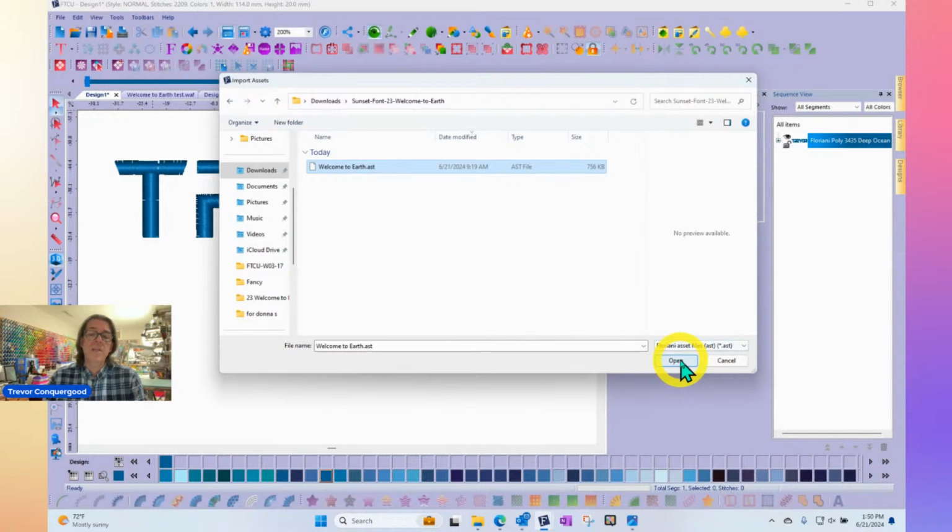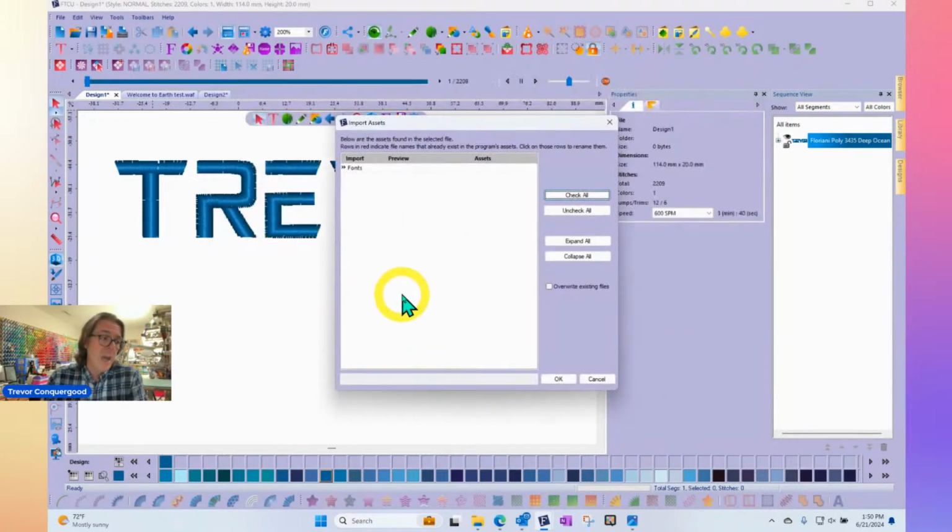And by the way, when you're done doing this, you can delete that from your downloads. You don't need it anymore because you'll have added it to your software. It will install it. And you don't need the zip. You don't need the folder. You don't need the asset file. You're done with them. You can keep them if you want, but you don't need them because they're in your